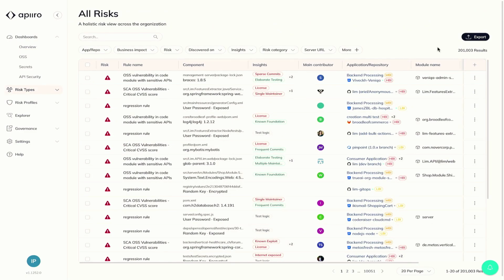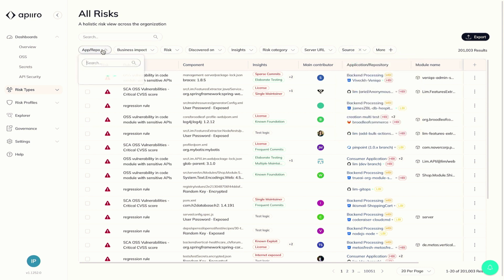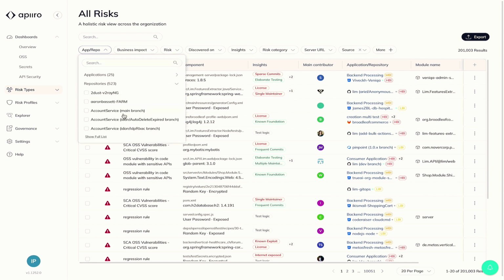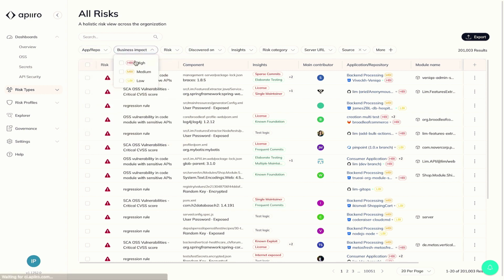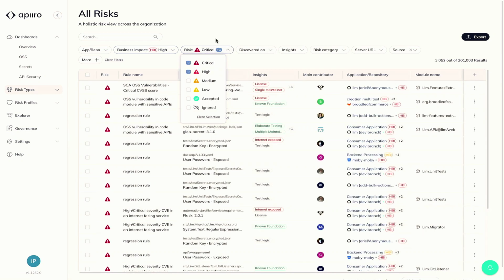And then what we can see is that when we connected all the tools into Apiiro, we have 200,000 alerts in our backlog. There is no AppSec team or development team that can actually take action and fix these alerts. So we can filter and say, show me only the alerts that are in the main branch, which are in production or already deployed. Show me only these that are related to high business impact applications, which we automatically identify. Show me only the high and critical risks, not based on a CVSS score, but based on